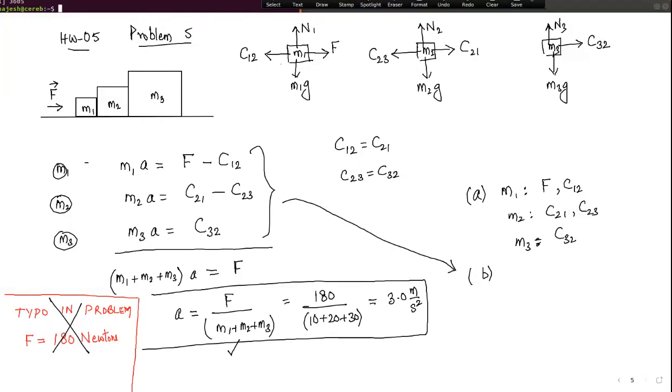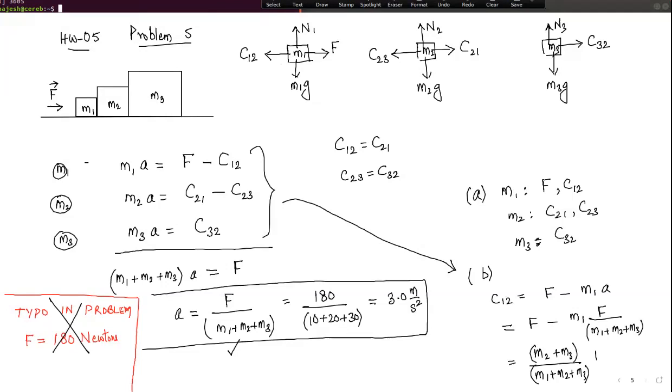In part B, we have to calculate C1,2. So once we have the acceleration A, I can calculate C1,2 in part B. So C1,2 would be equal to F minus M1A. That's starting from the first equation in the set of three equations there. And that's equal to F minus M1A, where A itself is F over M1 plus M2 plus M3, which is exactly equal to, M1 cancels out when we make the denominators common. So we have M2 plus M3 divided by M1 plus M2 plus M3